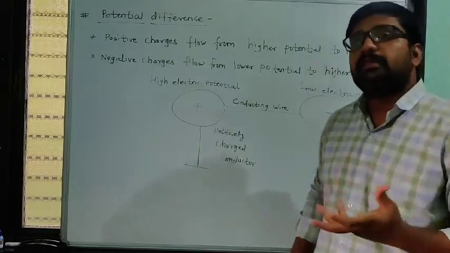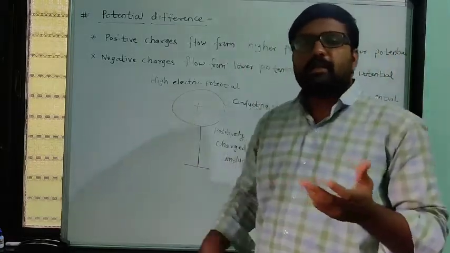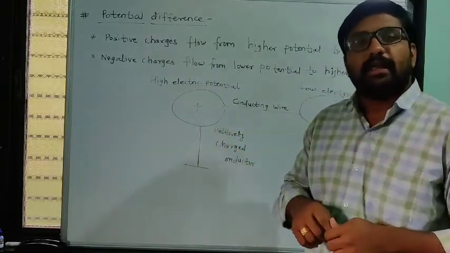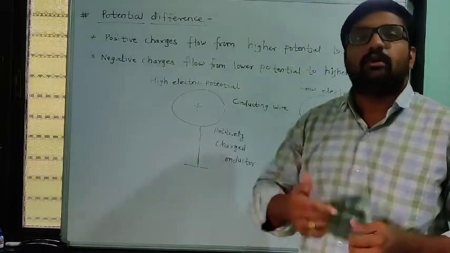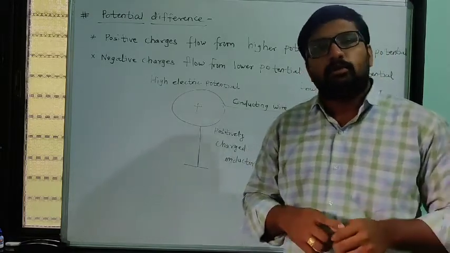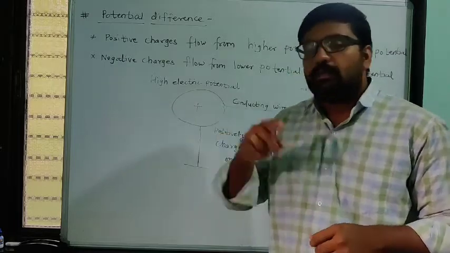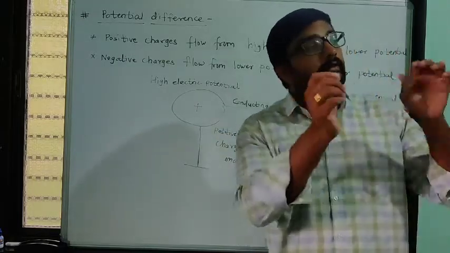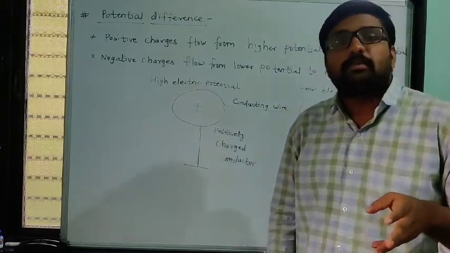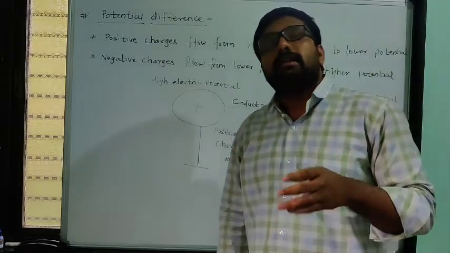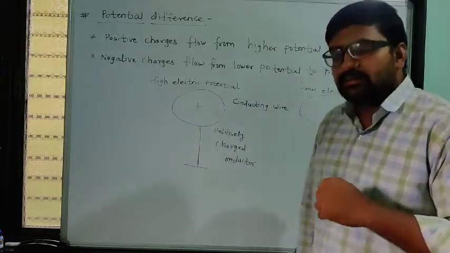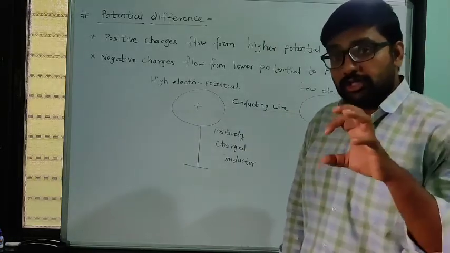But when these charges flow, if we take one wire in our hand, we can see that charges do not flow through that wire. If you connect it to the electrical board, at that time current will pass through that wire. Actually, when we connect that wire to an electrical connection, it gets a potential difference. We started the topic of potential difference in the last lecture.